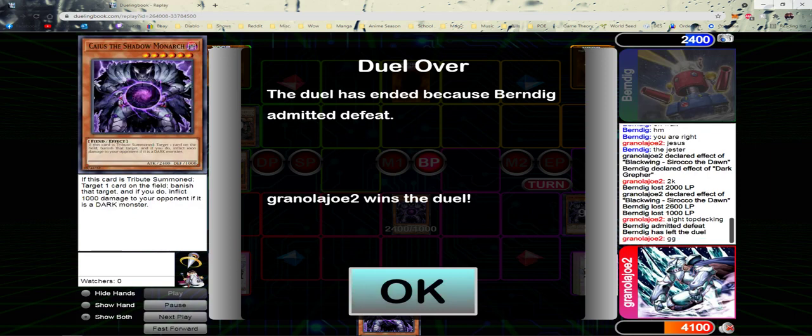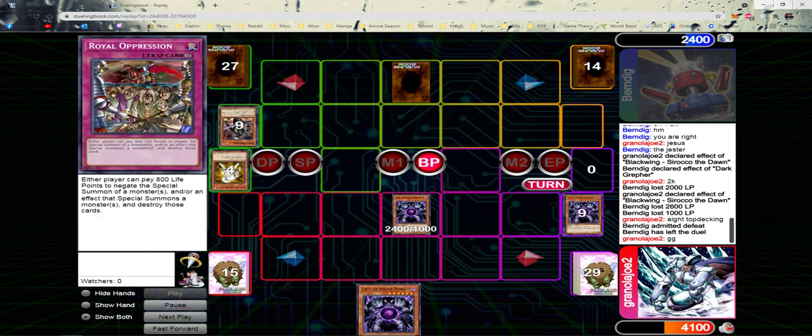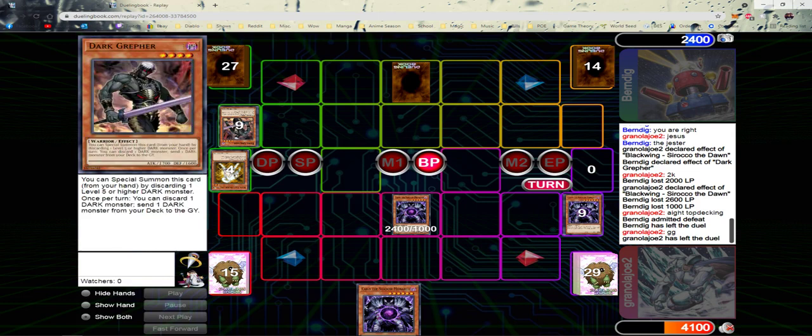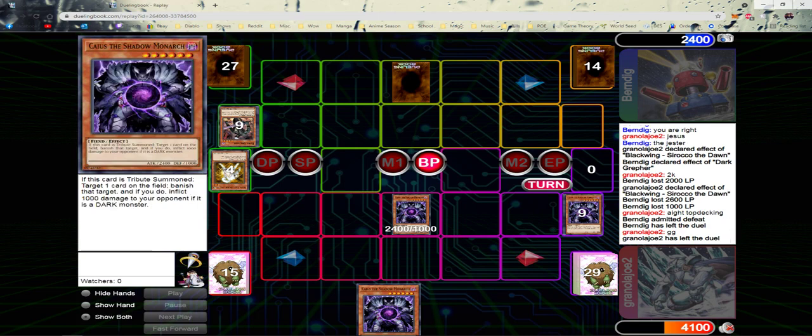I think it's fine. You know, he's out, especially off a top deck. Look at this board. Everything that's left is a Chain Burden player with all these cards in the grave and banish, swinging for lethal with a Caius in hand, a Caius in grave, and a Caius on field. Yeah, this guy was so